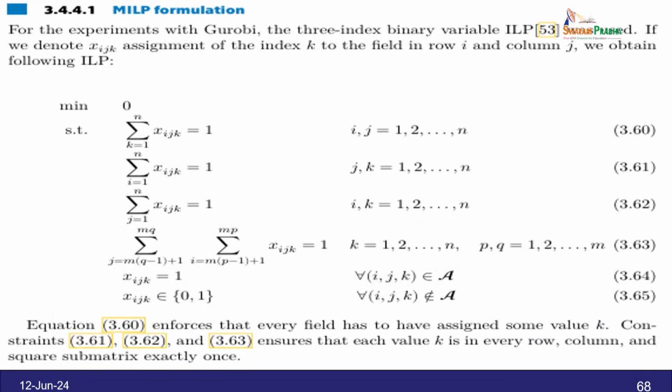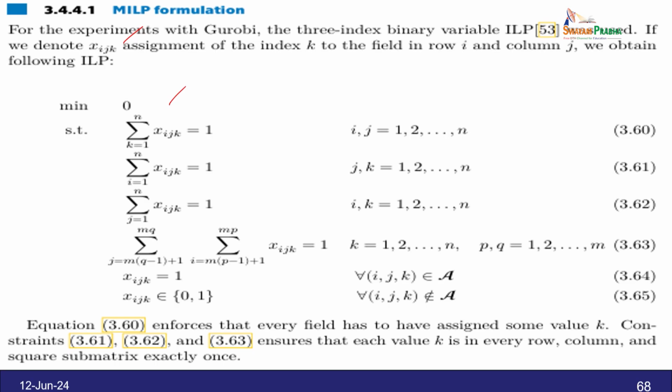MILP formulation for the experiment: for Gurobi, the 3 index binary variable was used. If we denote xijk as assignment of the index k to the field in row i and column j, we obtain the following ILP: minimum of the function, minimum 0, and then such that summation k